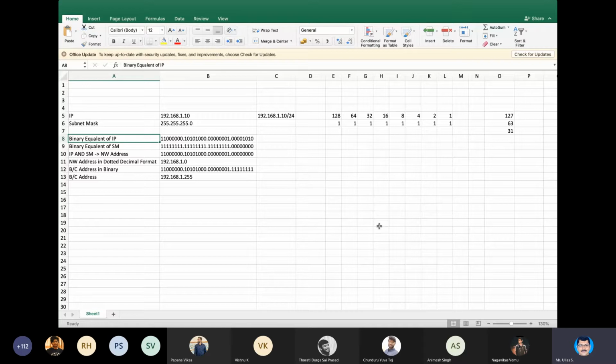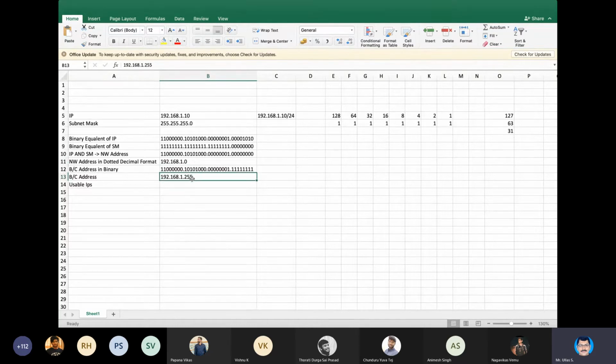Hope this is very clear to all of you. Now, there is one more thing we have to write here, usable IPs. What are the usable IPs here? All of us know that the network address and the broadcast address are not assignable to a computer. We cannot assign this to a computer. This is the starting IP. This is the ending IP in that particular subnet. Okay. Starting IP and ending IP.